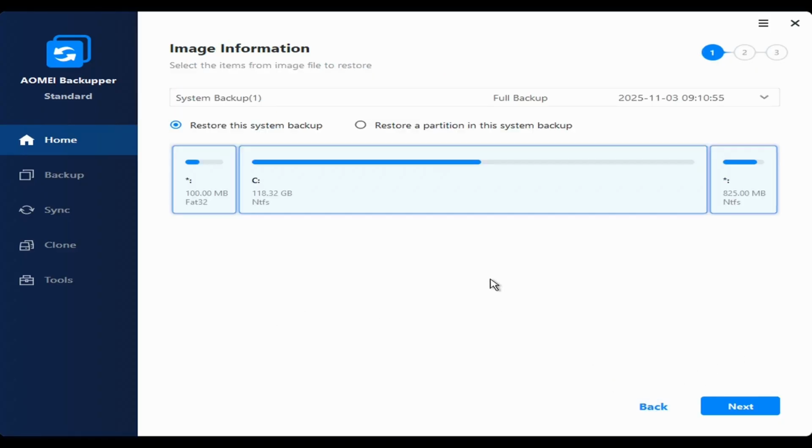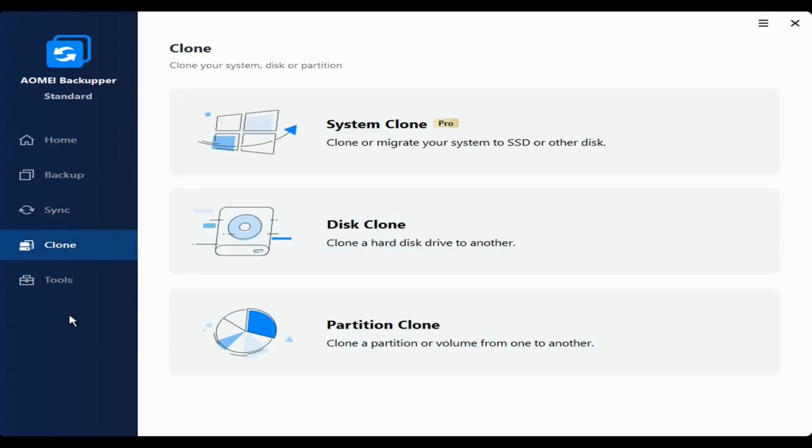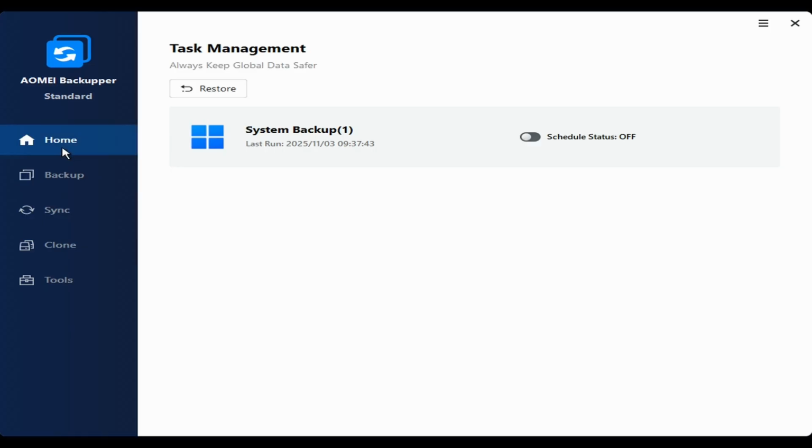But as you can see, this is perfect because it's going to allow you to boot into a pre-installation environment with Aomei Backupper, which is going to allow you to use that backup and install it on a new drive. You have the cloning feature here as well, if you have a functional drive. So if you want to create a bootable environment just with Aomei Backupper and have that backup on another one,